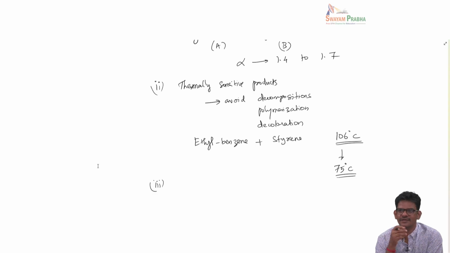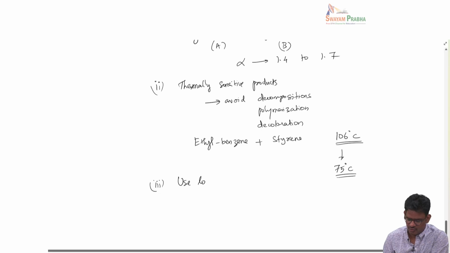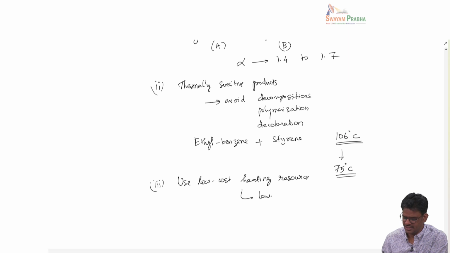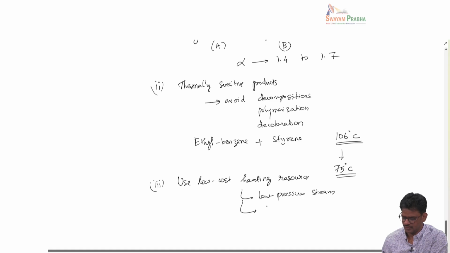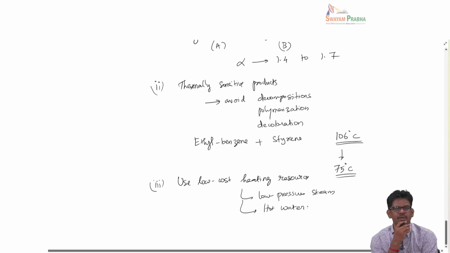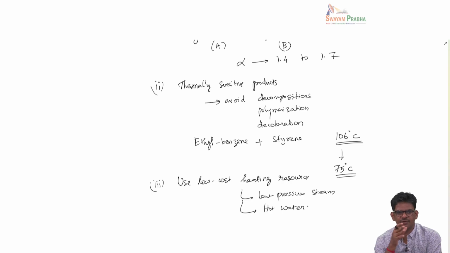You don't have to have any furnace or any high pressure steam. Okay, so use of low cost heating sources. So this means low pressure steam or simply hot water. So all these arguments basically say that there are distinct advantages of using low pressure or vacuum distillation over atmospheric distillation. So the next question is,